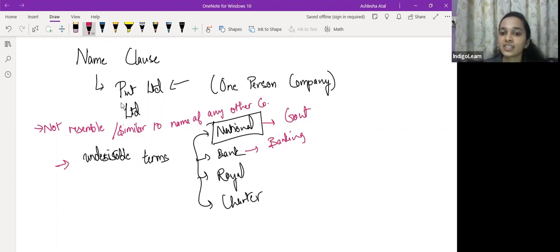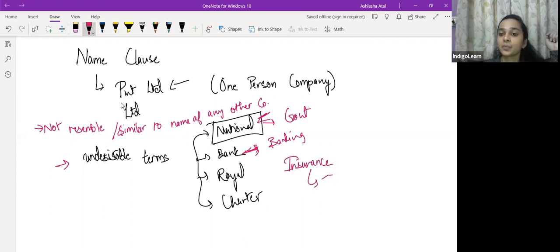अभी अगर किसी कंपनी को वर्ड नेशनल यूज करना ही है अपने नाम में, they will have to obtain prior approval of the central government, and only then they can use that term national in their name. So unless and until they've obtained approval, they cannot use these kind of terms in their name. और similarly, अगर किसी कंपनी को बैंक यूज करना है ना अपने नाम में, तो उनको रिजर्व बैंक से अप्रूवल लेना पड़ेगा, and they'll have to follow the terms and conditions specified by the Reserve Bank. Similarly, if a company wants to use the word insurance in its name,